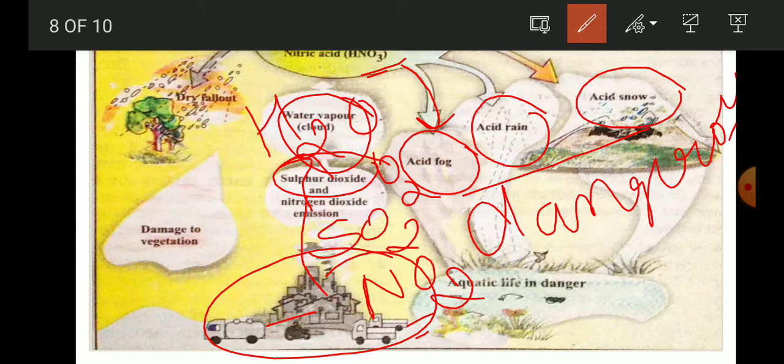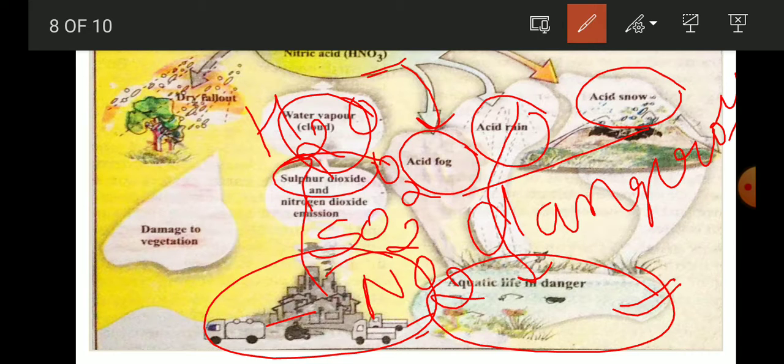And when this acid rain falls into aquatic life in a river, then what happens, the river's acidity is increased and the aquatic life starts dying. Okay, so this acidic rain will kill the aquatic life, like the fishes that are present in it, the plants which are present in it. So this will be causing damage to our environment,